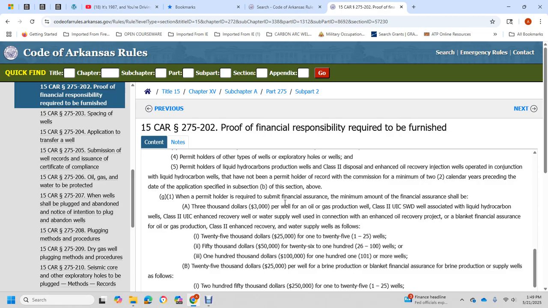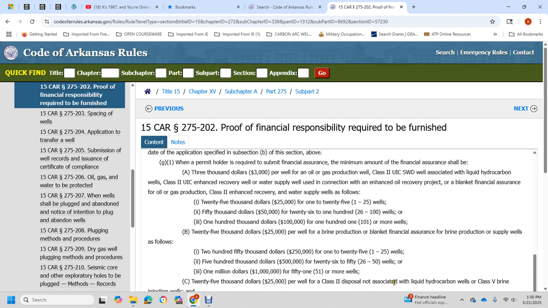G1. The permit holder is required to submit financial assurance. The minimum amount of financial assurance shall be $3,000 per well for oil and gas production, Class 2 underground injection SWD wells associated with liquid hydrocarbon, Class 2 underground injection enhanced recovery wells, and water supply wells in connection with an enhanced oil recovery project. Blanket financial assurance for oil and gas production, Class 2 and enhanced recovery water supply wells is filed at $25,000 for 1 to 25 wells, $50,000 for 26 to 100 wells, and $100,000 for 101 or more wells. Brine production is $25,000 per well, with blanket financial assurance for brine production supply wells